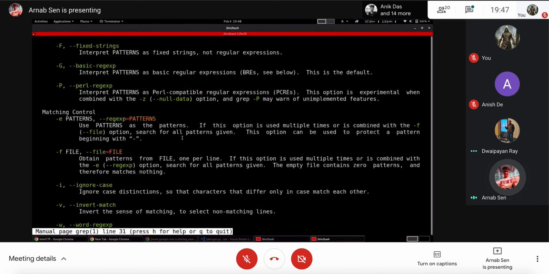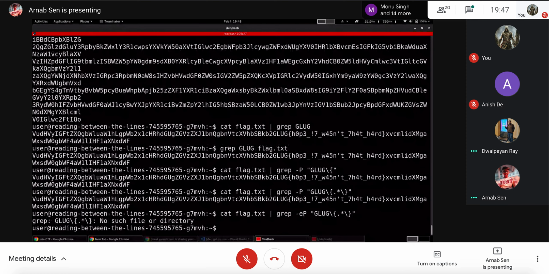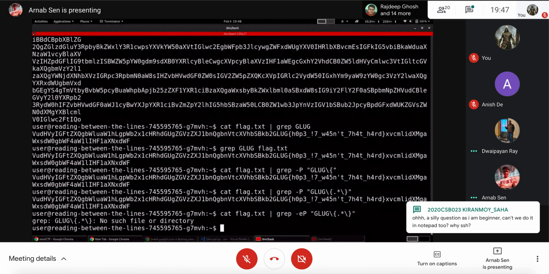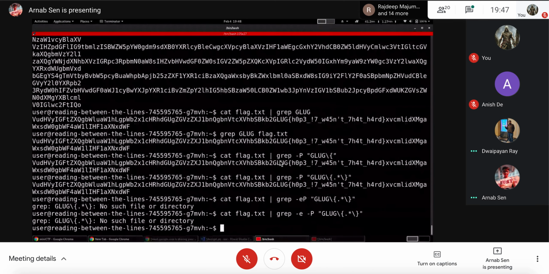Text patterns, minus E, I guess. Okay, right. Minus EP, yeah, it will work. P is per type. Minus A, minus P. So minus A requires that file name also.